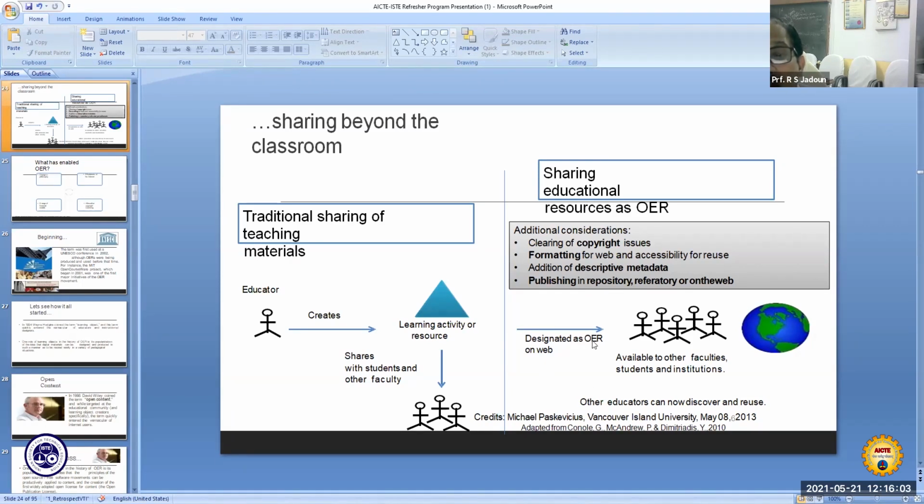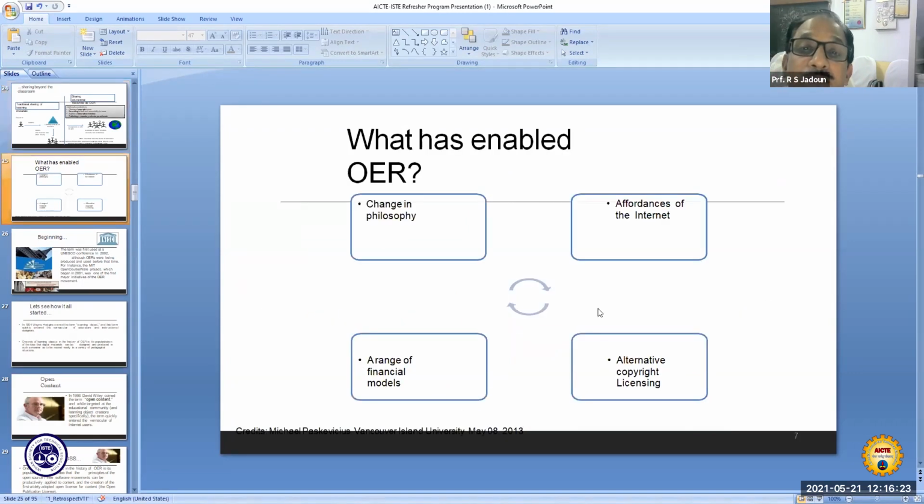So now this tool is designed as OER on the web, available to other faculties, students and institutions, although very less work is done in some areas that need to be strengthened by each one of us.